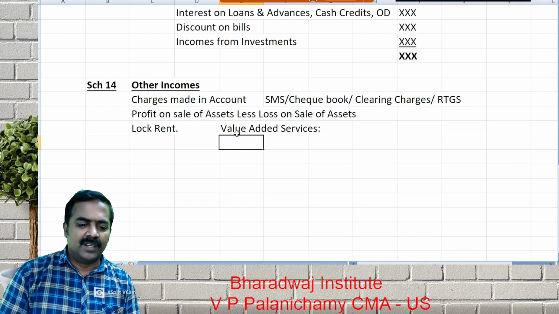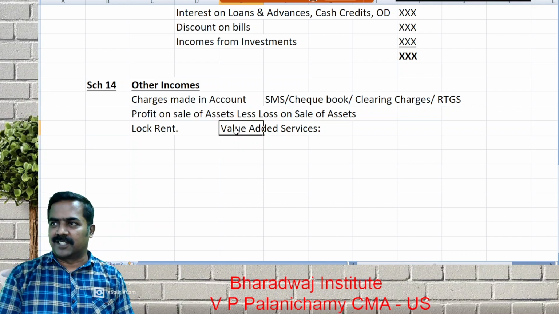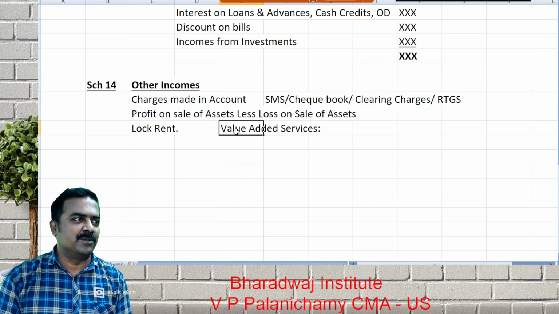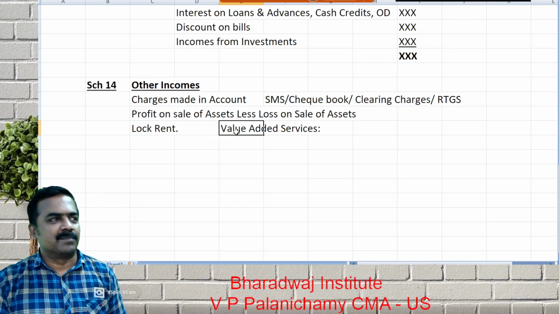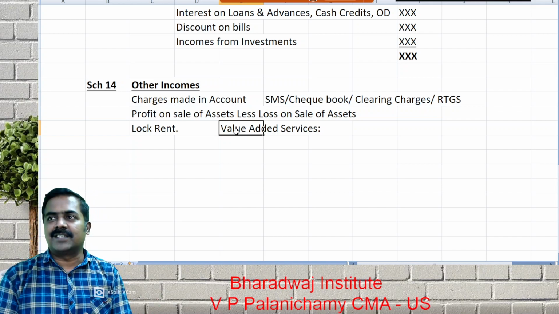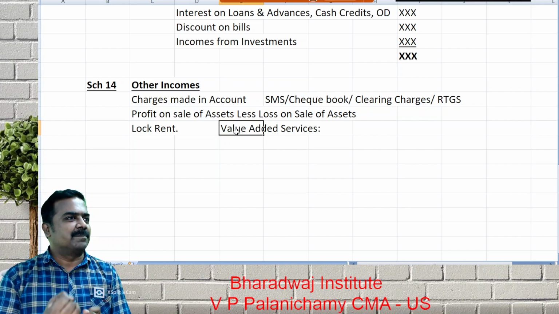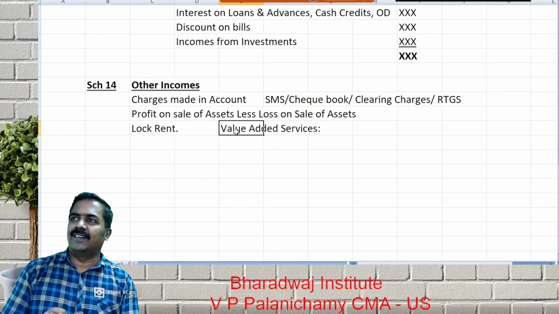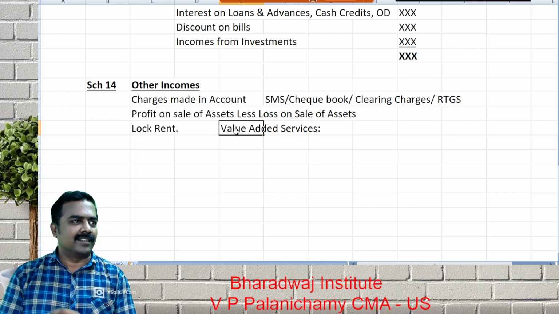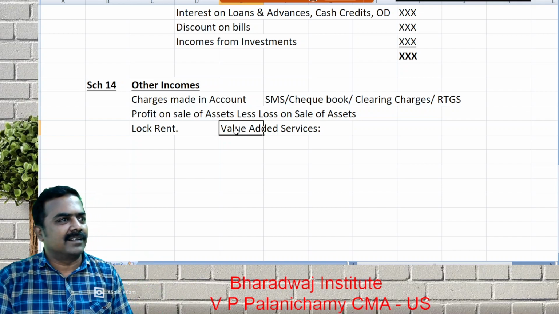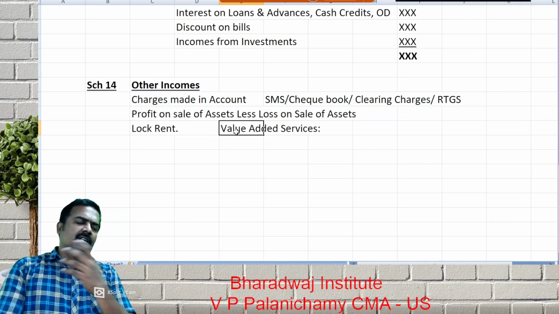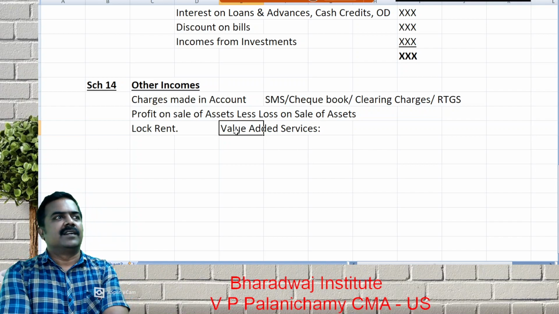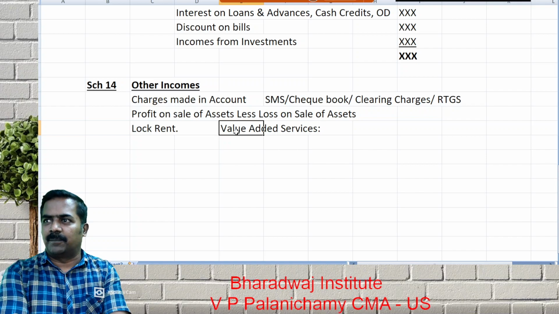That was earlier a value added service. Now it is not like that, but now people pay using different banking methods: net banking, UPI, various models have come. I need not tell you. But imagine banking without net banking, ATM, cards, UPI, online banking, internet banking. In that time they used to give that particular traveler check facility. So that is a value added service. Not only that, they also provide telegraphic transfer facilities.